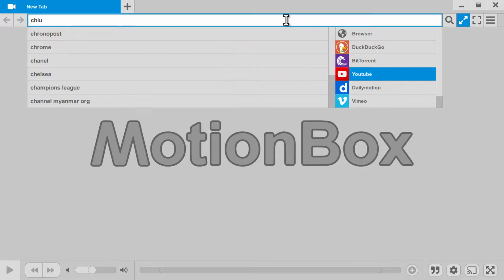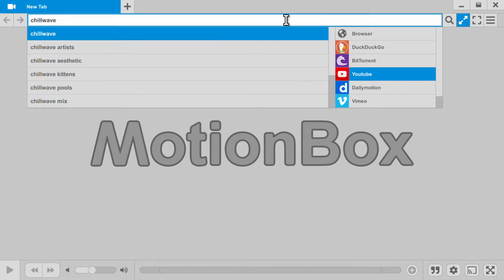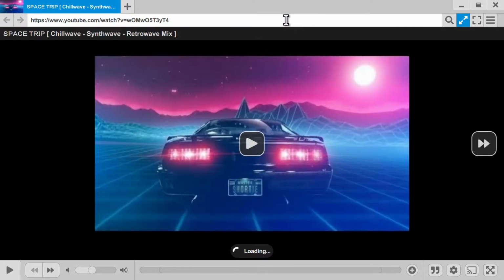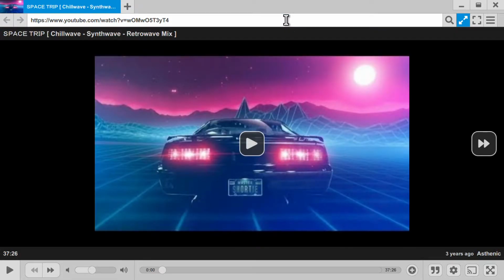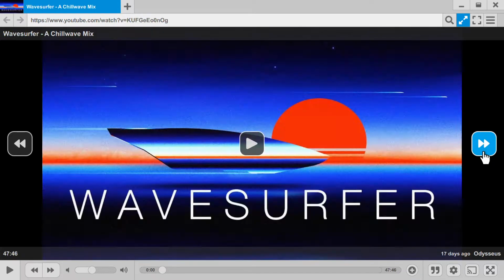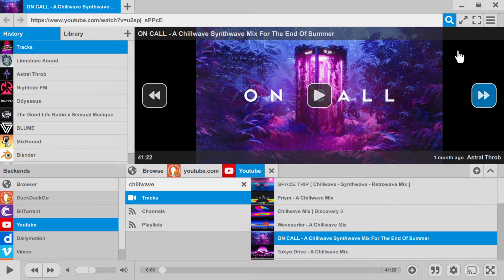So here you could type a query, anything you like. The idea is having pretty much a semantic experience. You type something, you type an idea, and then you get access to tracks related to that idea or to that URL directly. You can browse through them in full screen, and you can also display a comprehensive list of the